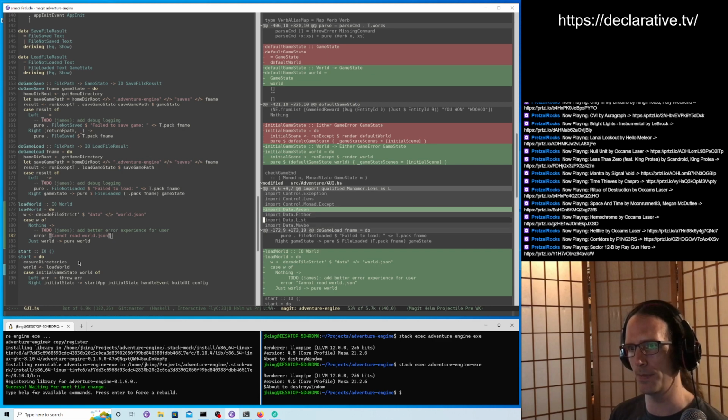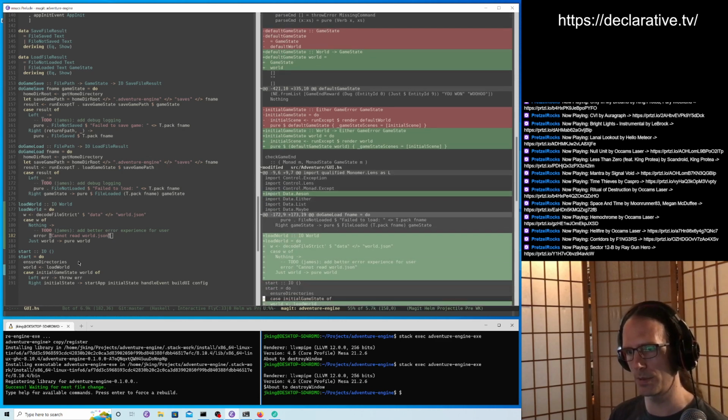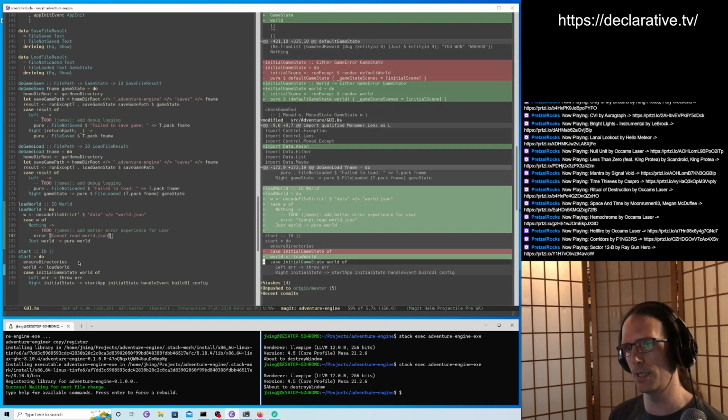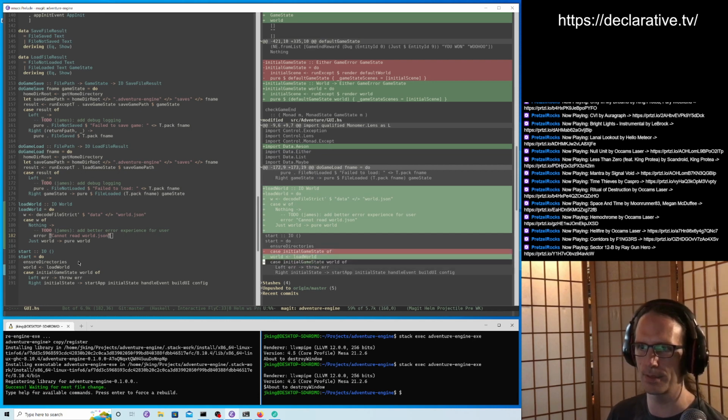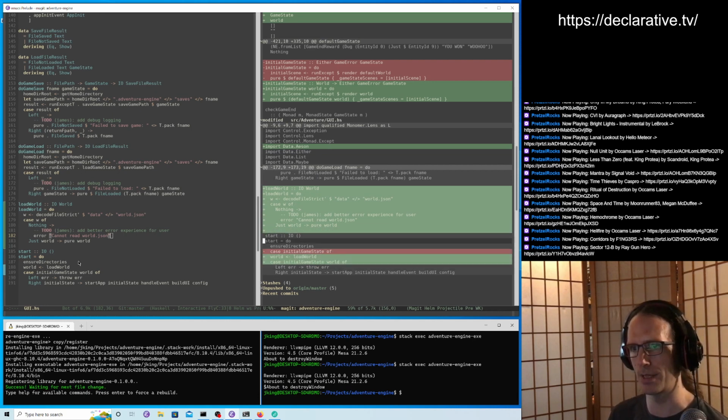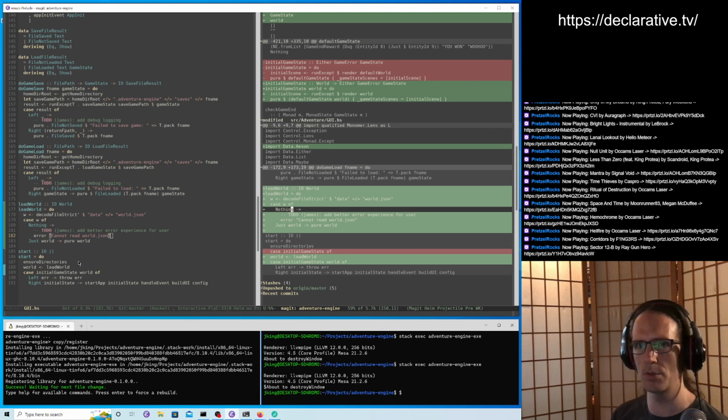So it looks good. And then load world. I don't like that it's in the GUI code. I should probably move that. Start is unfortunate, it's there. We could restructure things to move that around, but it's so inconsequential that it's probably fine. So let's move load world